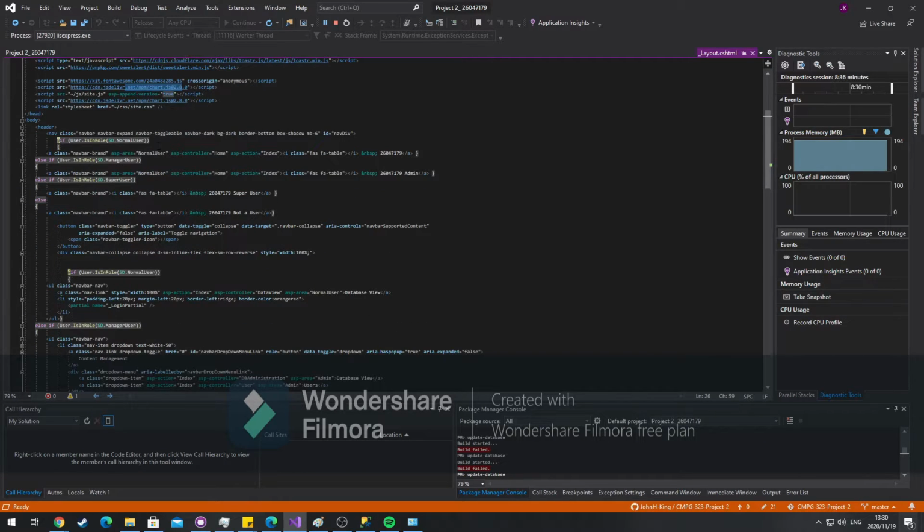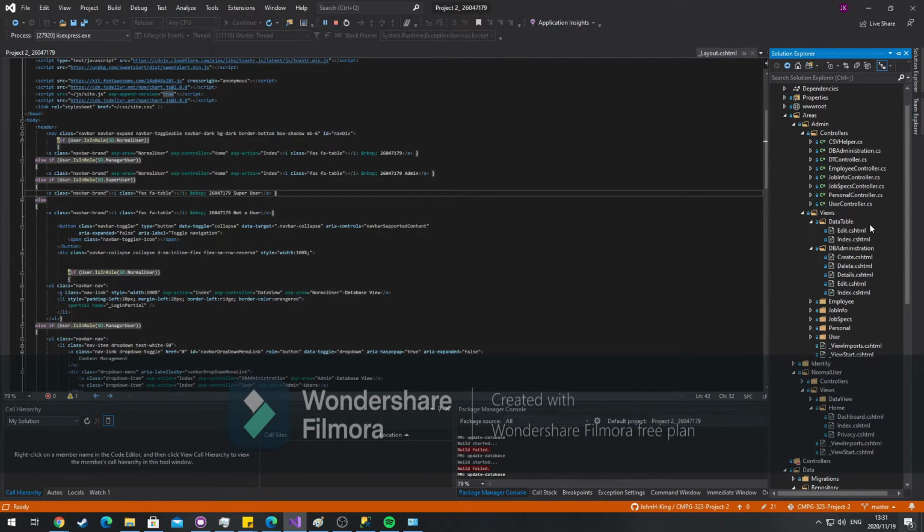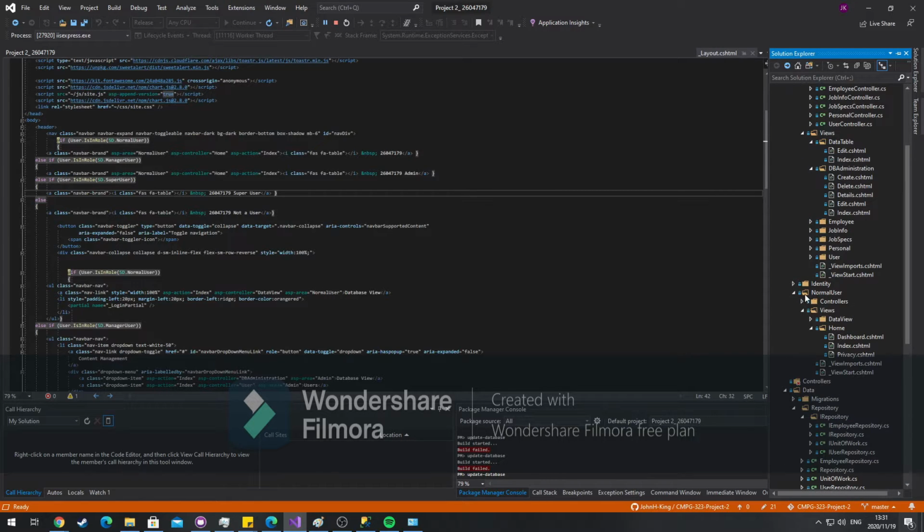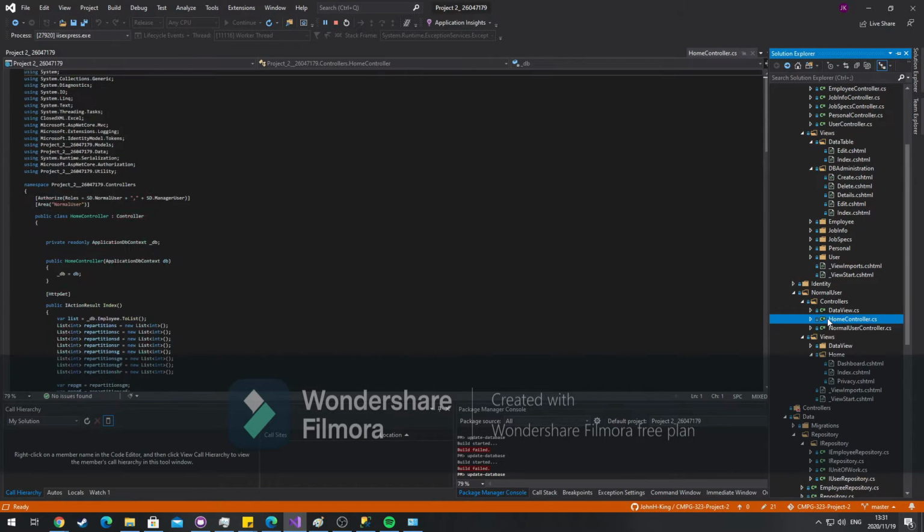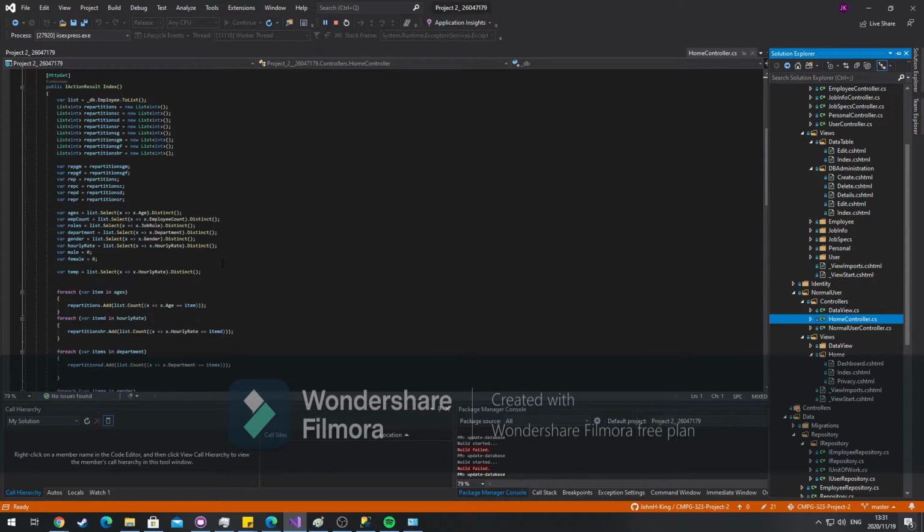Now, for authentication and so forth, you can see these ifs. Whenever you're a normal user, you'll get the normal homepage that just says my student number. It can be changed to whatever it wants to be. And for the manager, I just want to let them know that they are admin. And as you can see here, I do not have the charts available for the super user. I have disabled them. Over here, when you go to home, inside of normal user, home controller, you see